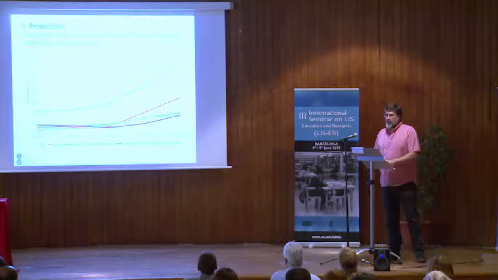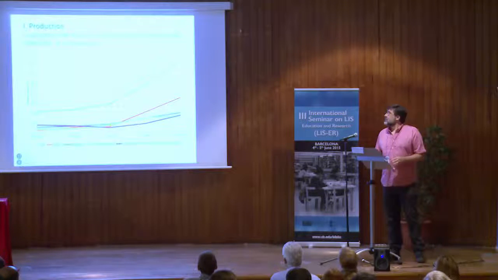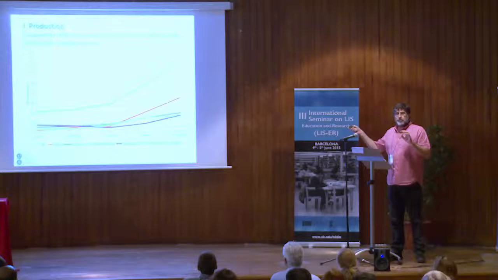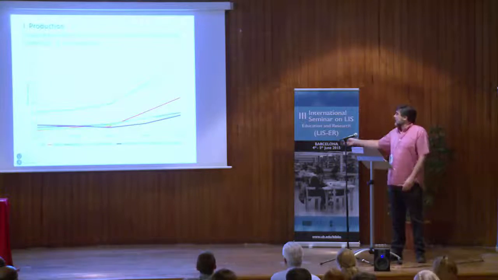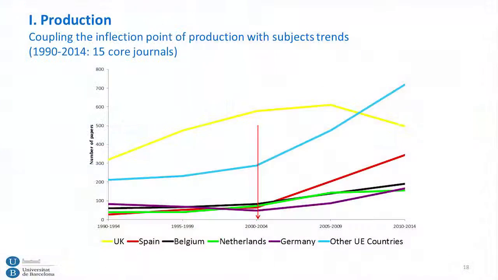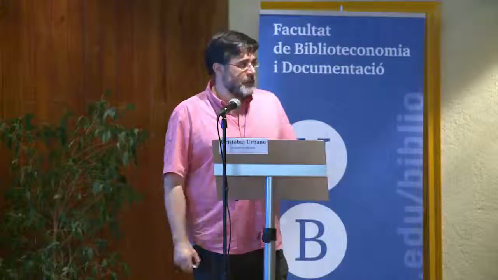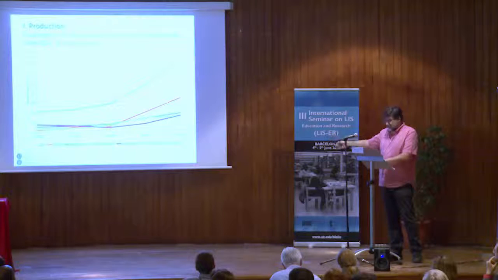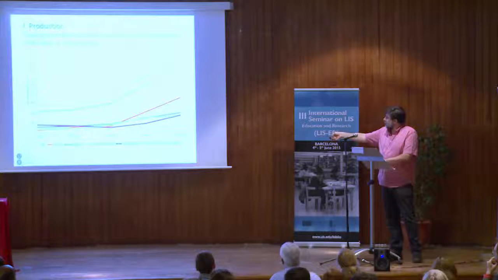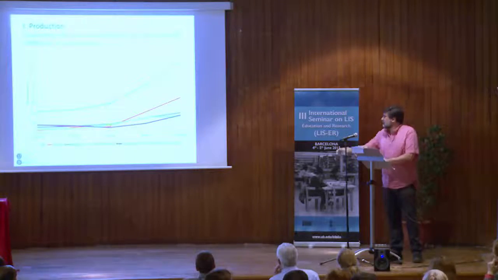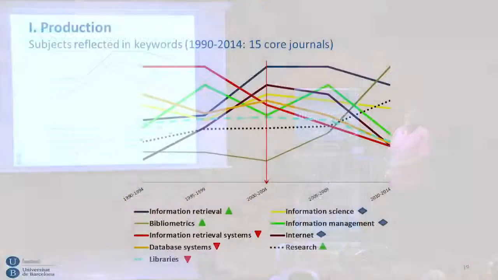Well, in order to analyze the trends in the keywords, we highlight this moment, 2000, because it's the point where other countries, Spain, the Netherlands and Belgium, started to grow. I think Scientometrics in the last 10 years has published a lot more papers. I think now the policy of Scientometrics is to publish short articles, but many papers, and this is the trend. You can see this moment, 2000 to 2005, 2009, represented here in the rankings of keywords,